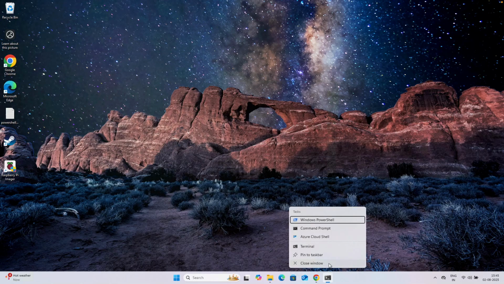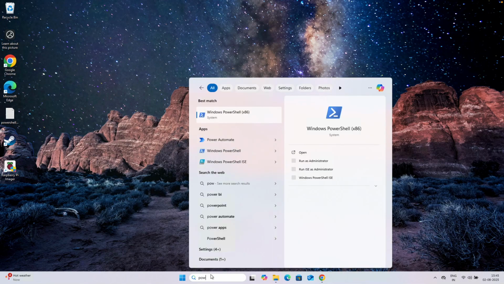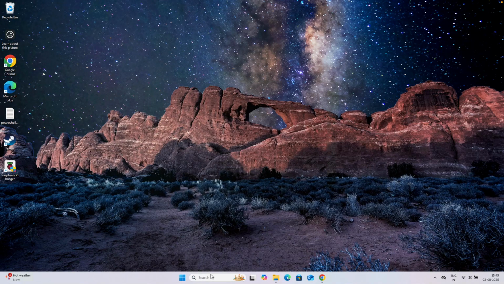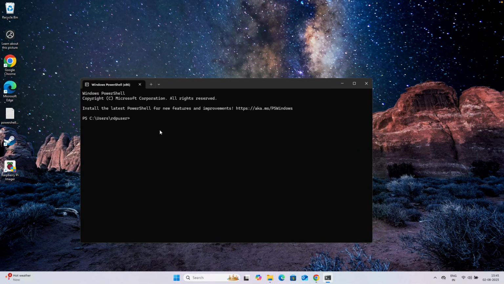So once that's done, we can open our PowerShell. I'm going to the search bar and searching for PowerShell here. Okay, so this is my terminal. This is the user that I'm currently in. So I'm going to say python space double hyphen version. It says Python 3.13.5. So this is what we have installed right now.